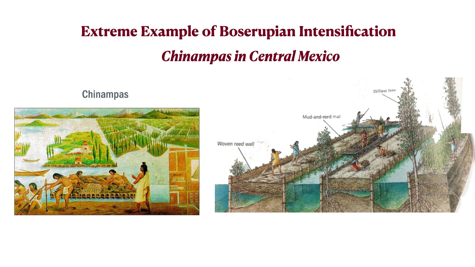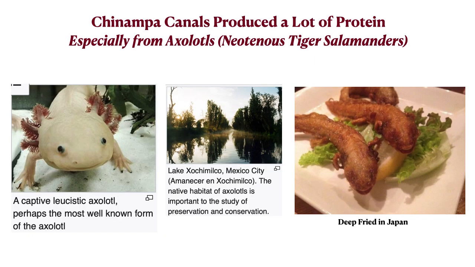The agricultural system of the Mesoamericans was short on providing animal protein. The only real domesticated animals other than dogs were turkeys, so it's often thought that they were short on protein. But the canals in this system provided quite a bit of protein. There's fish, there's frogs. Probably the most important was the axolotl, what's known as a neotenous tiger salamander. Neotenous means it retains its juvenile characteristics its entire life and breeds as an aquatic juvenile. They thrived in these canals and the Chinampas system,